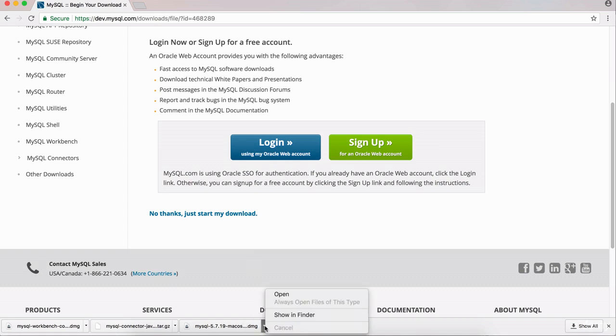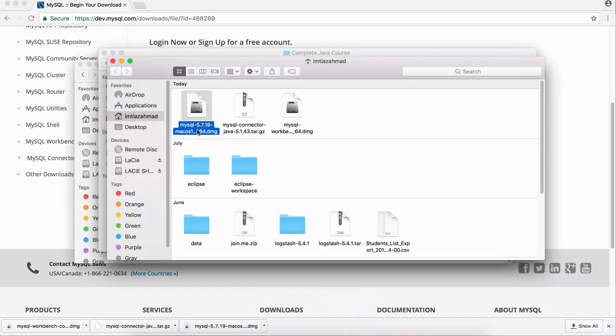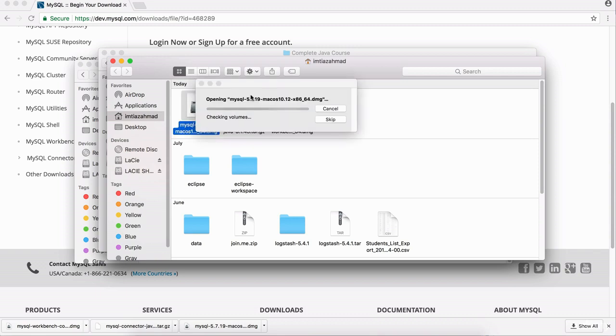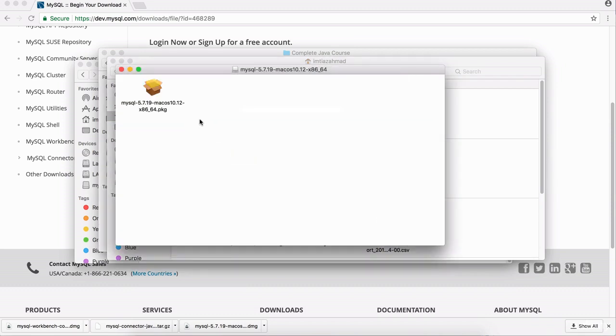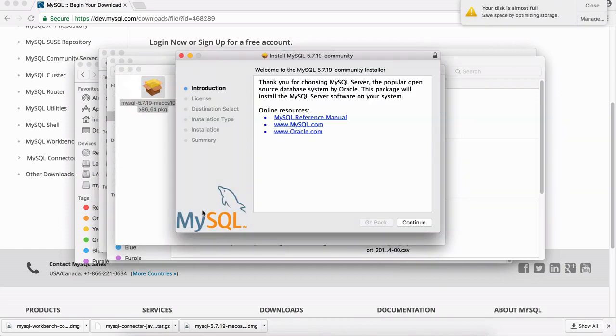And that's this guy right here. Click on this show in Finder and it'll take me to the place where it downloaded this MySQL 5.7.19. So let's just double click it. And by the time you're watching this, there may be a newer version. The instructions should pretty much be the same. And this is the file that I want to double click on so that I can start installing the MySQL